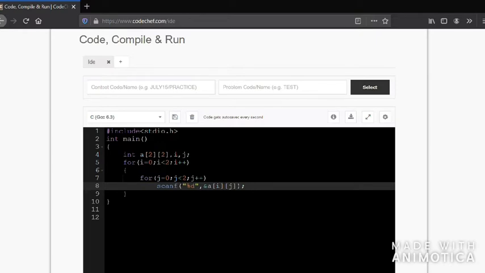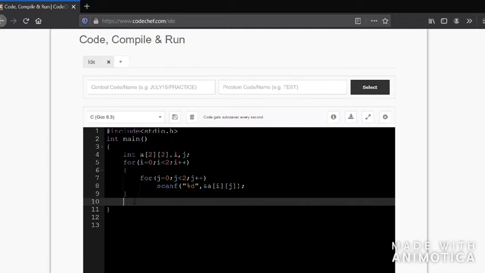Again it gets incremented to 2, and 2 less than 2 is false. So it breaks out of the inner loop and comes back to the main loop. The value of i in the beginning was 0, it gets incremented by 1, so 1 less than 2 is true. Again it comes inside and the same happens. It accepts all the values in the columns, and then the control comes here.